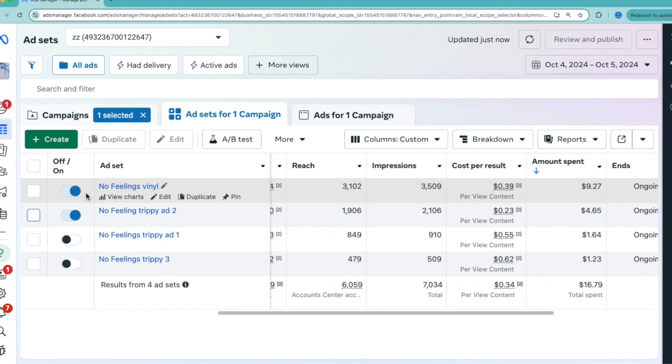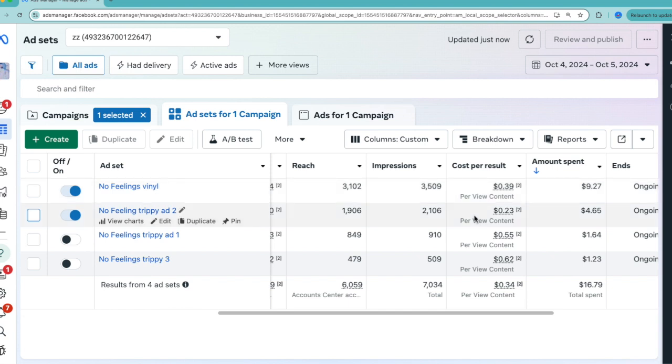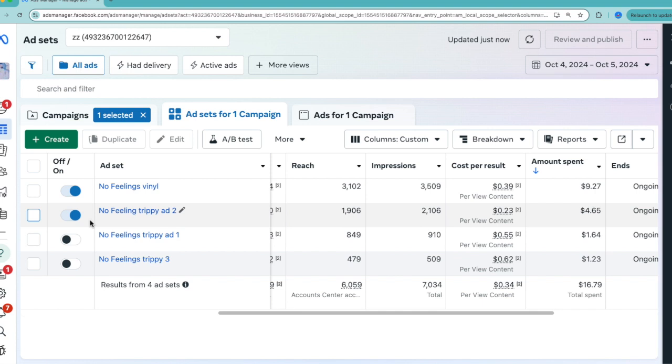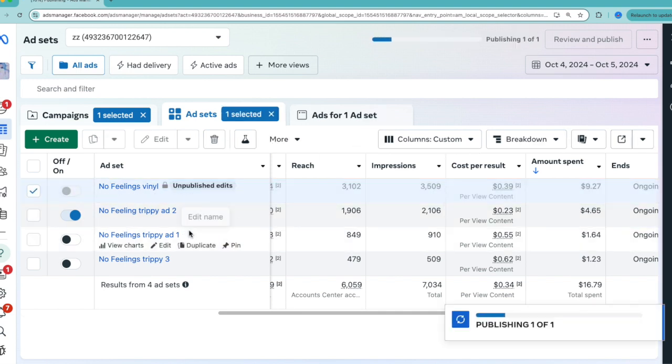For you guys, say if all these ads were a little bit closer after the second day, it's again a judgment call, but you really got to look at all the data that you have and see exactly how it's going. Usually you would keep the ad on longer. That'd be my advice, but this is a huge discrepancy like I mentioned, and I'm going to turn it off. If it was closer, you might want to let it go for a little bit more, but once I turn this off,